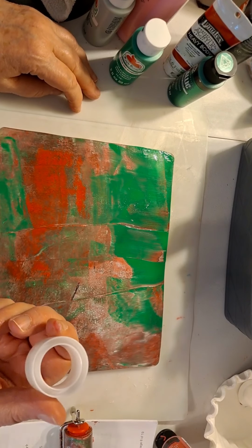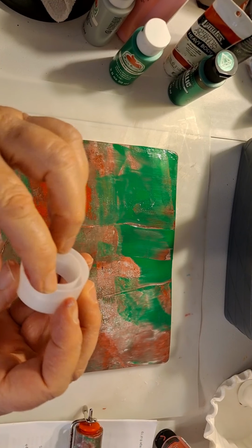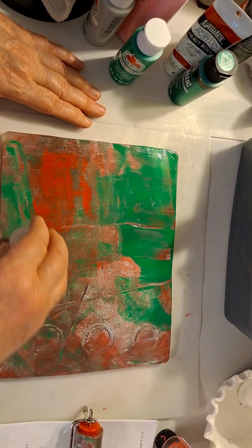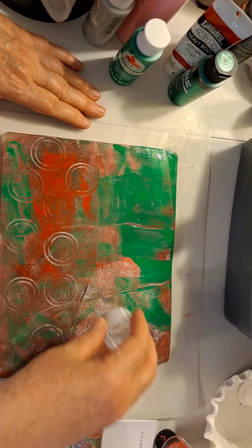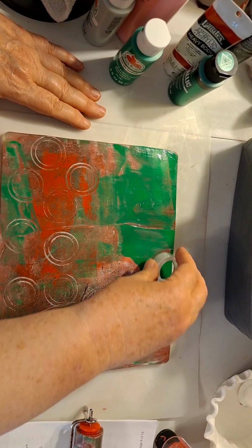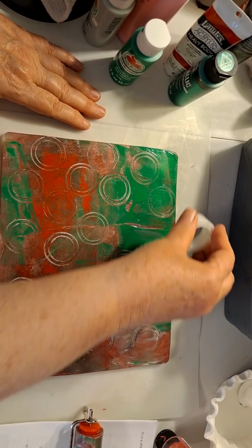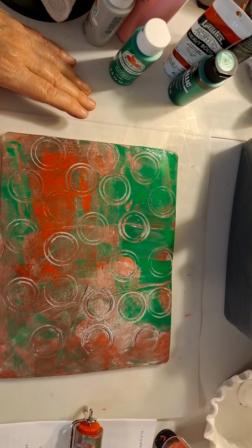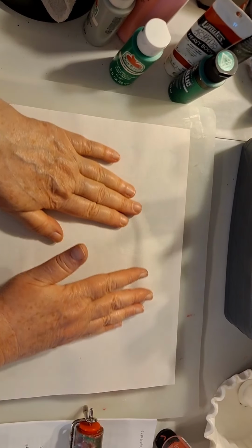You get any object, like this is an object, it had tape on it, like Scotch tape. So I kept this part. And then you can go like this, and put some circles around, put them fairly close, and I'm kind of twisting it, if you notice, while I'm doing it. And there's lots of other things you can do, but I think for right now, I'm going to get a clean piece of paper, let that other one dry just a little bit, and just lay it on, and then